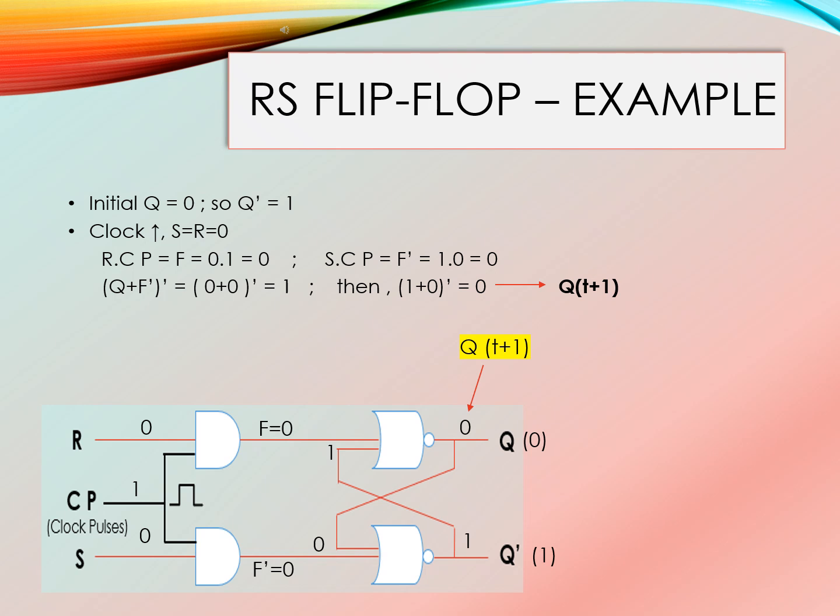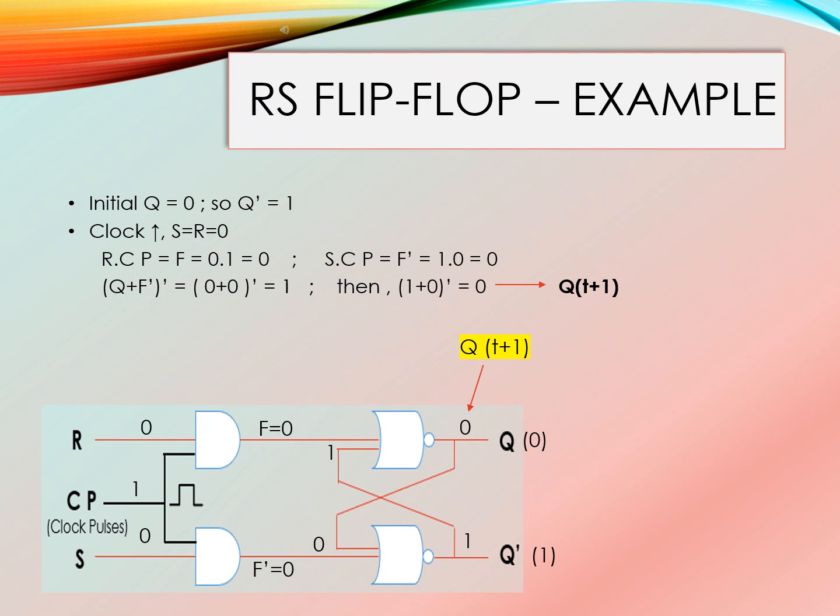Let's now go through a practical example of how the clocked RS flip-flop works in a real situation. We are told that the initial output Q is 0, so its complement Q prime is 1. Now we apply a clock pulse and set S equal to 0, R equal to 0. So the clock is active when the inputs are processed through the AND gates and then passed to the NOR